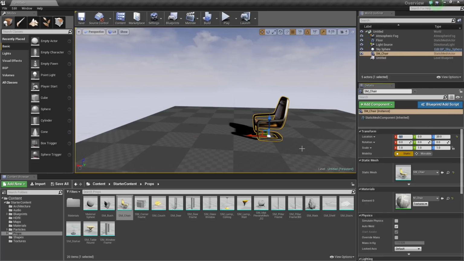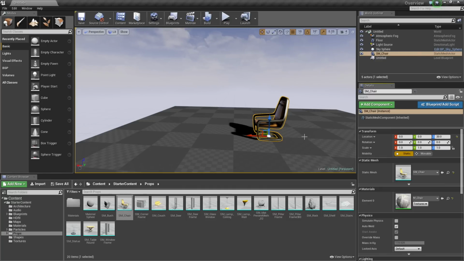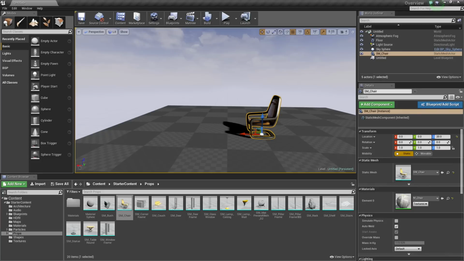And there's also some drop downs here. If you click the little drop down button, you can see that you can change the location type between relative and world. We're not going to get into this too much because this is a little bit outside the scope of the introduction to moving. But this will allow you to jump between the absolute position in a world space or relative to a parent. Those of you that are already familiar with transforms should have a better understanding of how this works. But for the intro user, you won't have to worry about that too much.